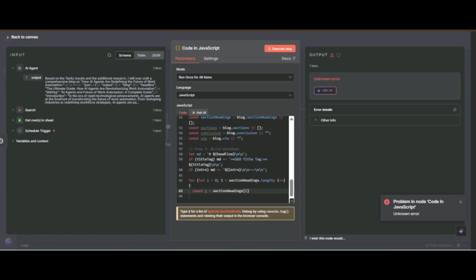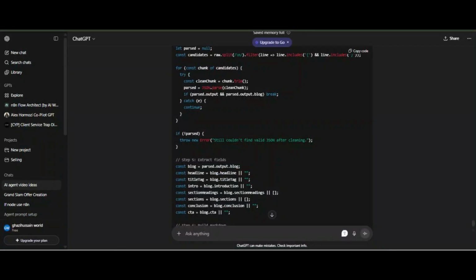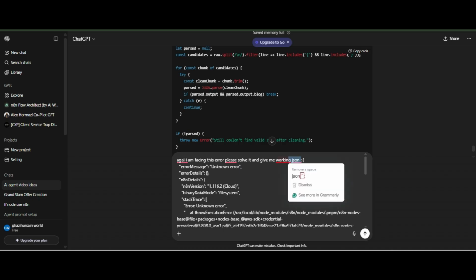So again I faced an error. So what I will do, I will again copy this error and go back to ChatGPT and say, again I am facing this error, please solve it and give me working JSON code.